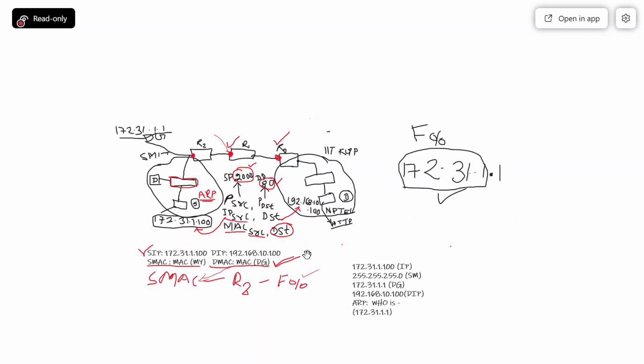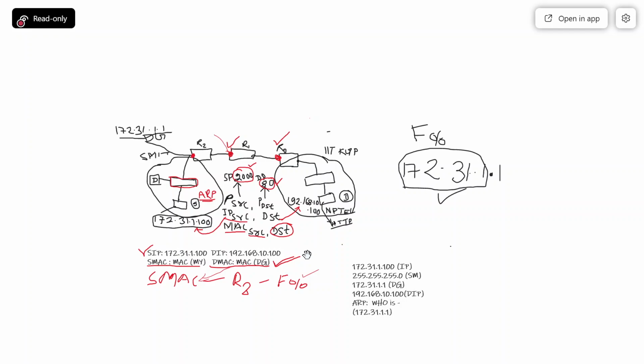Source port and destination port will definitely remain. Why? Because source port and destination port are going to be used on which layer? It is going to be used on the transport layer. Where will the port number be used? In the transport layer. And you know that when a packet is moving, only two layers are utilized. One is the Ethernet layer and the other one is the IP layer. The upper layers like the transport layer and application layer are not going to be opened.